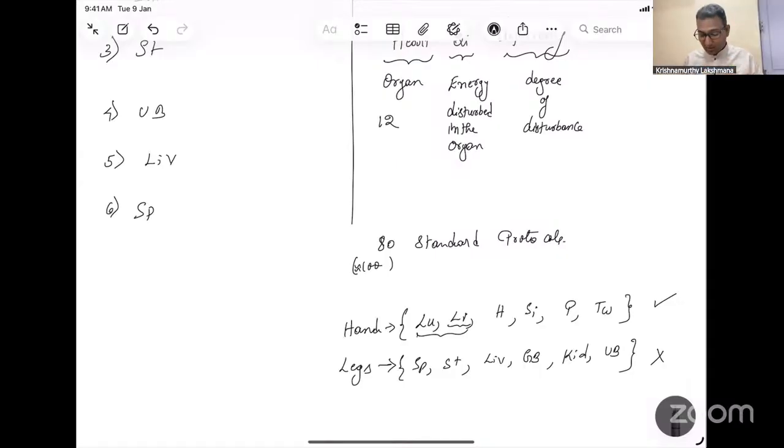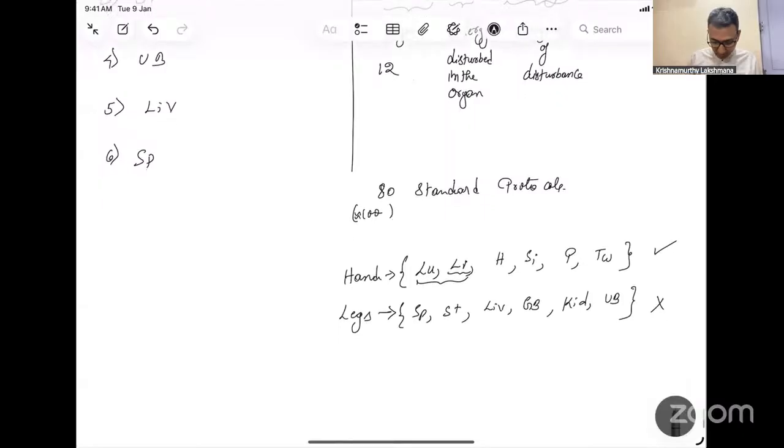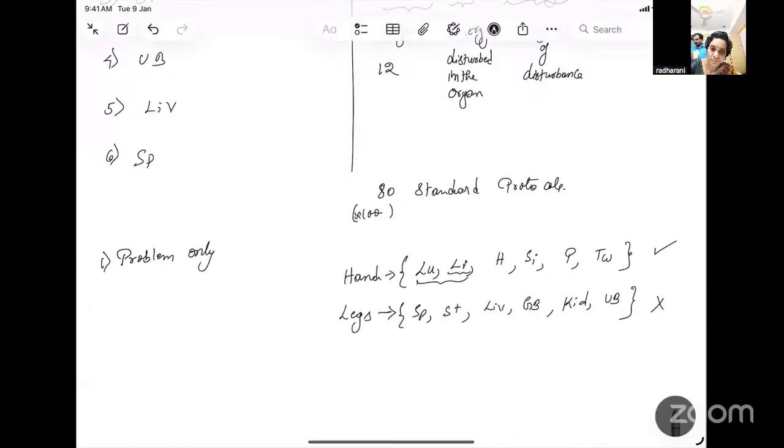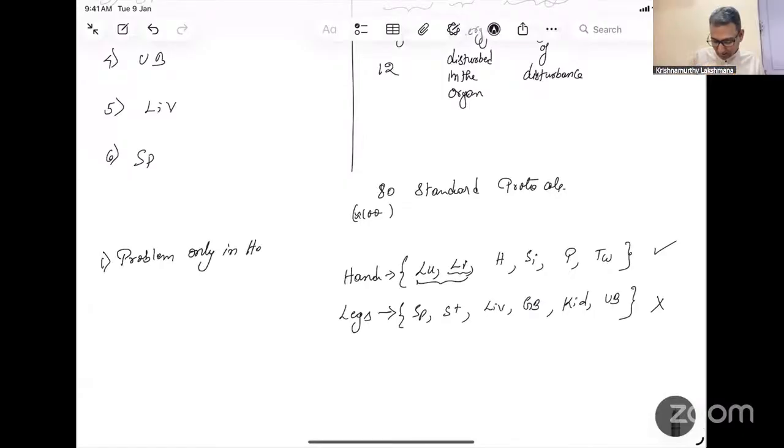Only two statements. What are the two symptoms? Problem only in the hand, and constipation. With this, I reduced half of the options. I removed only half. And as soon as the patient said, I have chronic constipation,